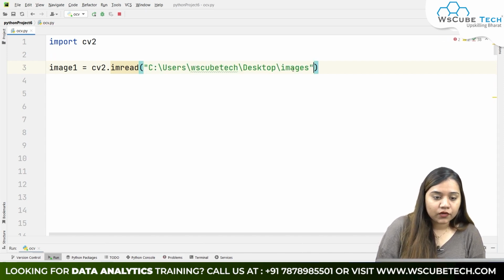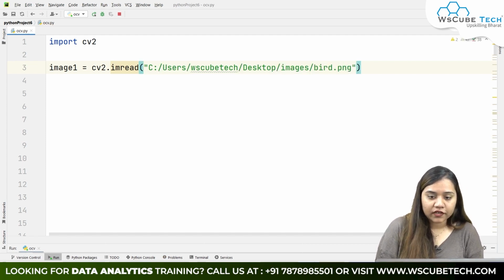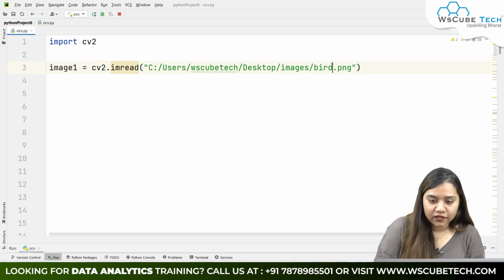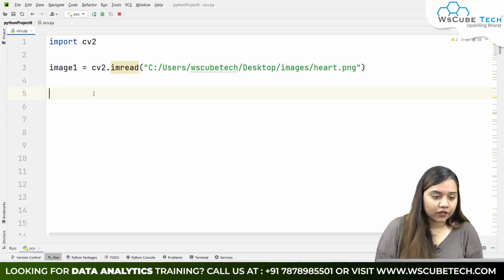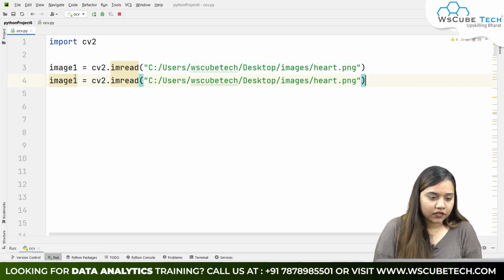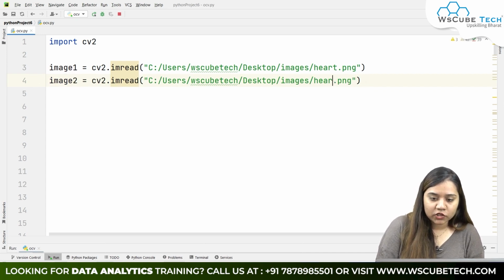Also remember to convert all the backward slashes to forward slashes. Actually it was heart.png first and then whitebird.png. I'll copy this so that I don't have to write it all over again, and paste it here. Let's change image1 to image2, and instead of heart.png we will be writing whitebird.